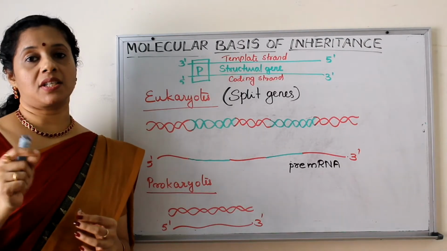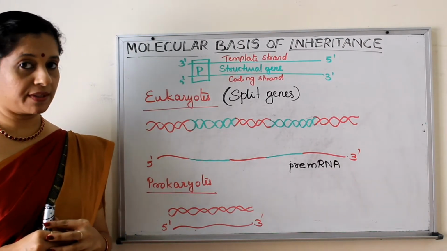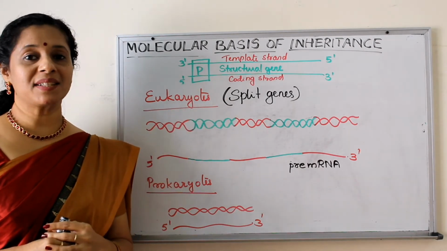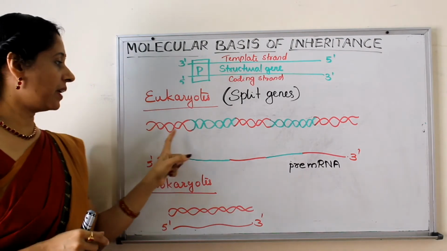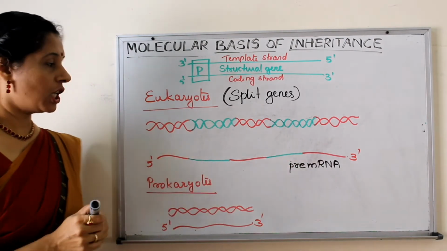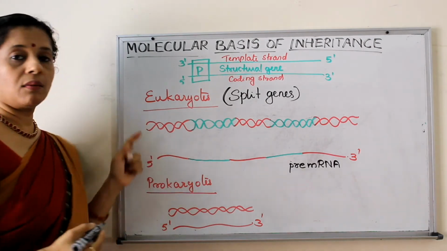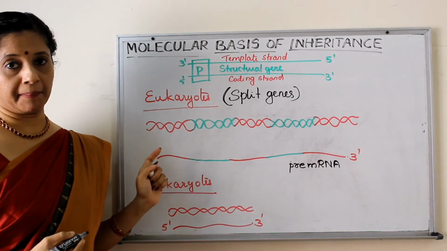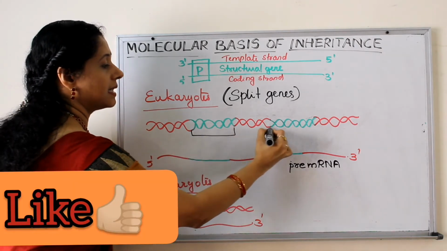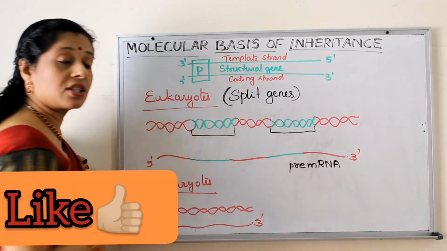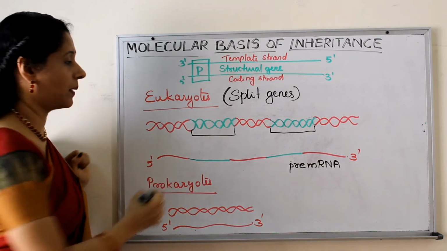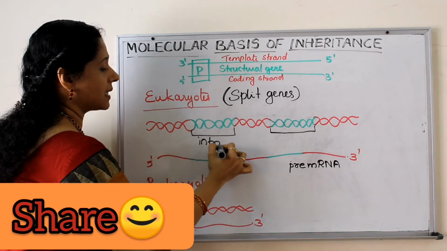Another difference in the structural gene of eukaryotes and prokaryotes is that eukaryotes have split genes. Split means what? Separated, right? So here, if this is the DNA, I have used two different colors. These red ones are the ones coding for the mRNA, that means ultimately for protein, whereas these are certain sequences which do not contain any valuable information. They are some repetitive sequences or intervening sequences.